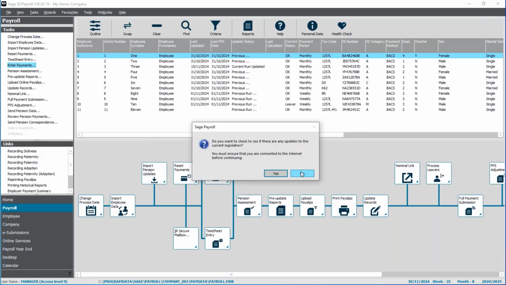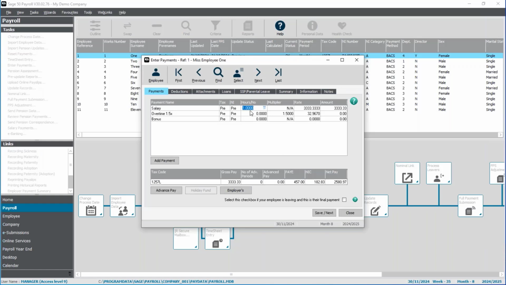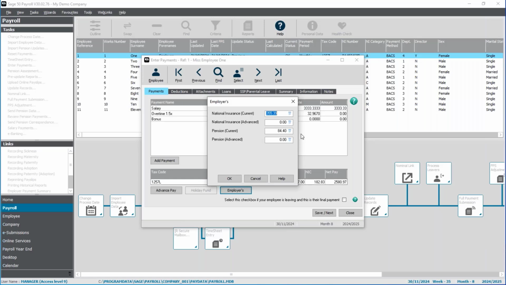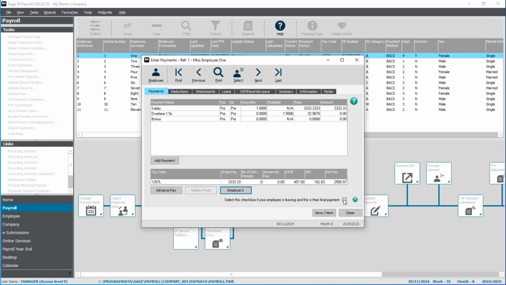So going back into the enter payment screen just for this employee, I'm actually going to be paying them for the full month because they're leaving on the last day of the month. I've got no overtime or bonuses that I need to put through for them. And again, let's assume I've checked the holiday and I'm happy that they've taken all the holiday that they should have done. Now, at the moment, their national insurance is calculated on their monthly earnings because they're on the pro rata basis, and the employer's contribution is also being calculated based on this period's earnings. But if I tick this box at the bottom to say that this is their final payment,